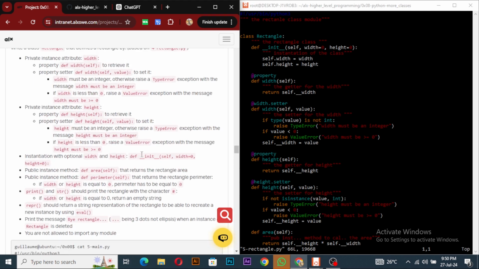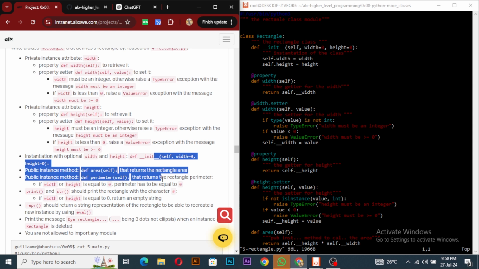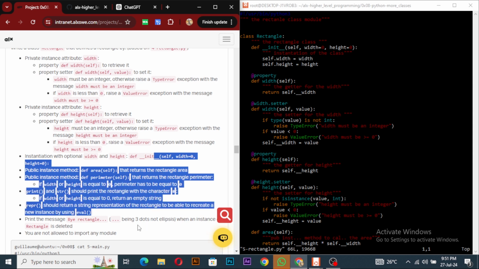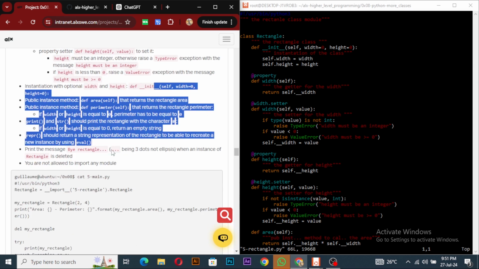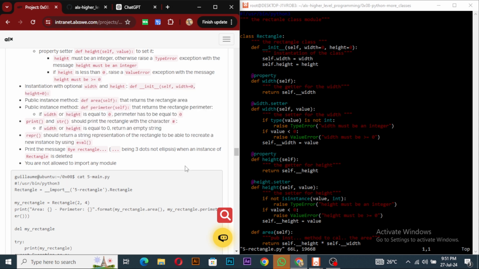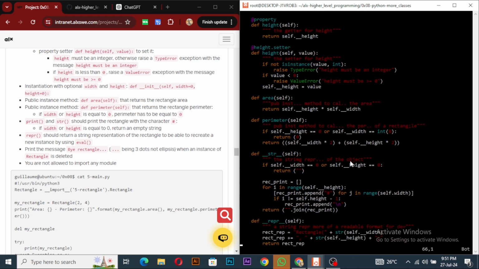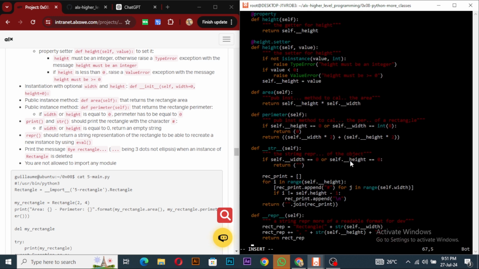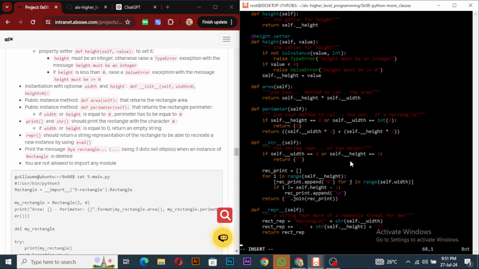Now we've done all this up to this point. We've done this. We've done this. So the next one is print "Bye rectangle..." with three dots, not ellipses, with an instance of rectangle when an instance is deleted. So we'll use the delete method for that. Use a method that comes with OOP in Python. Let me put a new line here. So define __del__, which will take self,